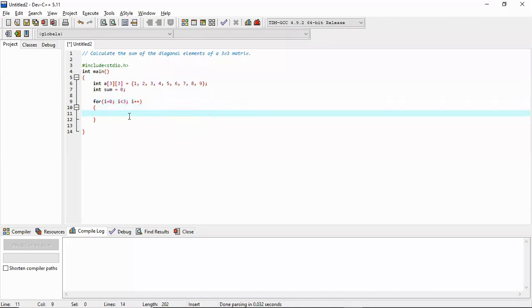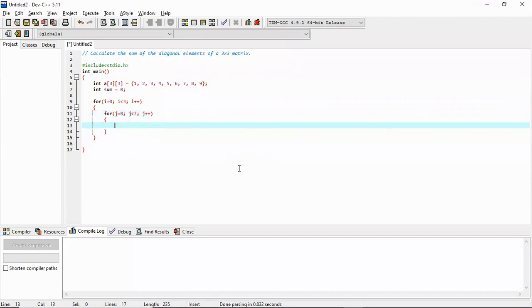So this will run from 0 to 2, which means 3 elements. Then for the columns, we will write j equal to 0, j less than 3, j plus plus, and this loop is for the columns. This also runs from 0 to 2. Fine.